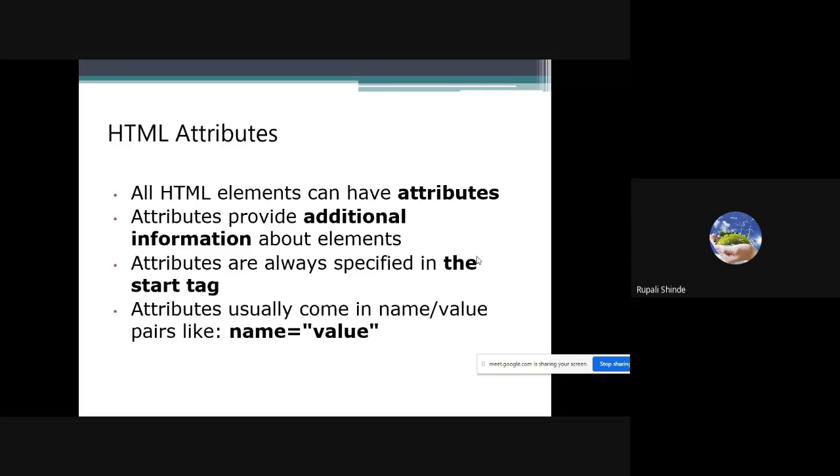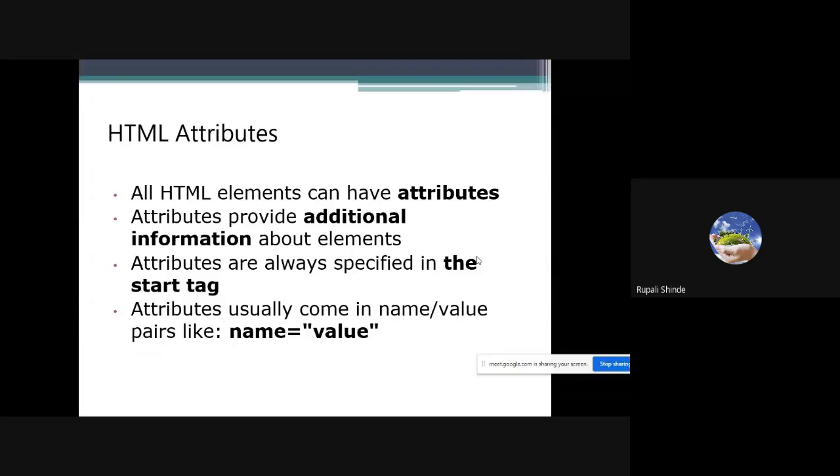For example, if I write the body, I may want the background color pink, red, or black. Whenever I write some text, I may want the text color to be blue or black. So I can change the text color, the body background, the table color, and the form color. Suppose I want to display some scrolling text, I can do that with the help of attributes. An attribute is nothing but an additional property of the tag.